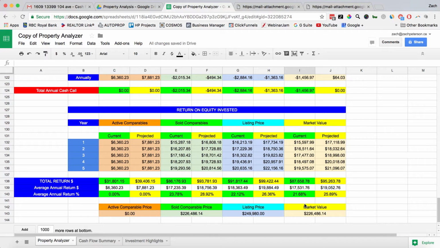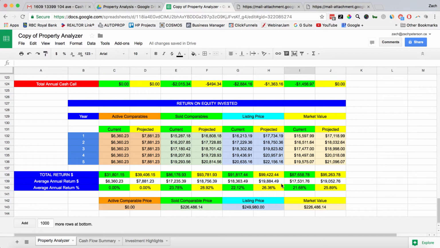Now we're going to look at what your total return is going to be. So depending on whether you purchase this property at the market value or the list price, and you rent it out at the current rent or the projected rent, your return is going to be, say at the current, if you bought it at market value and you got the current rent, your average return in dollars per year over a 5-year term is going to be about $17,500